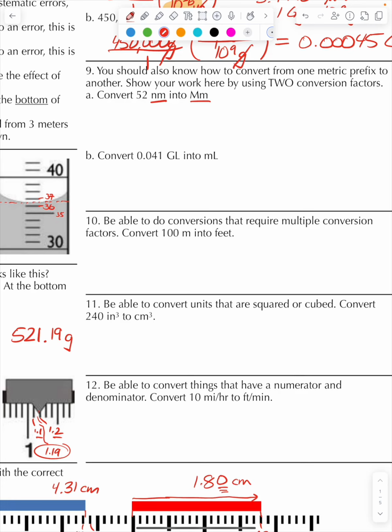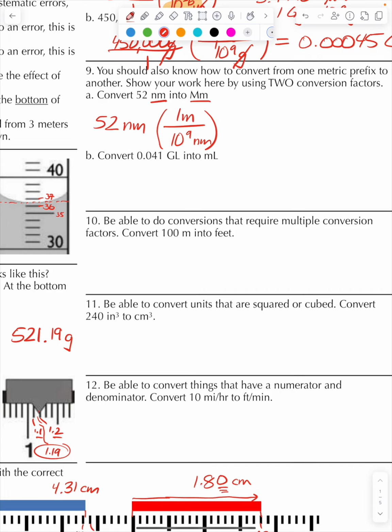I'm going to do it in 2 steps. I'm going to do it a longer way first, and then try to make it a little bit quicker. Enough explanation. Let's try it. So 52 nanometers. I'm going to go from nanometers to the base unit of meters, and then meters to megameters. There are 1 billion nanometers in a meter. Since I'm trying to cancel nanometers, I'm going to put 1 billion nanometers on the bottom,